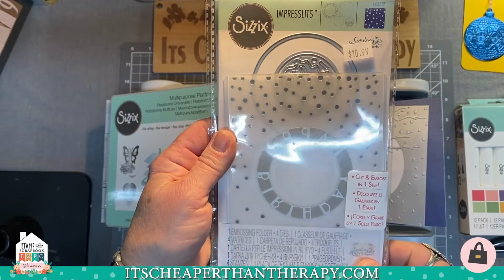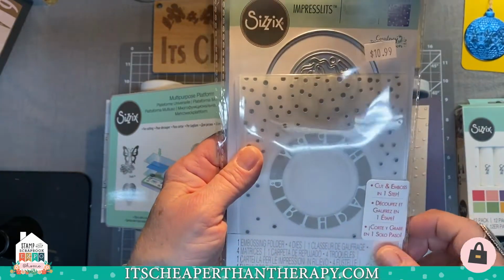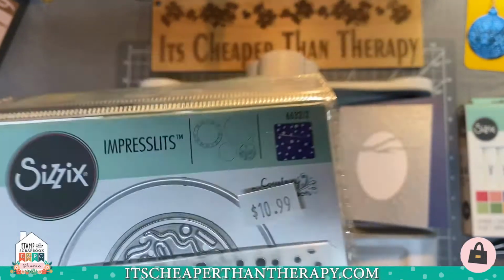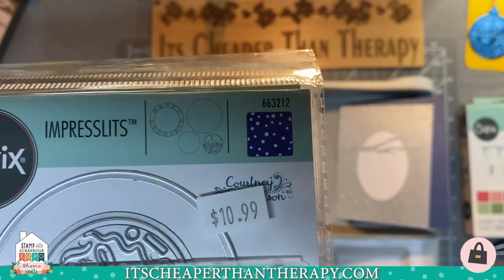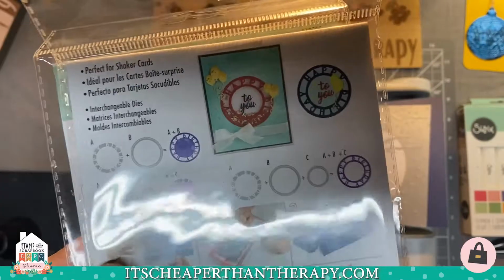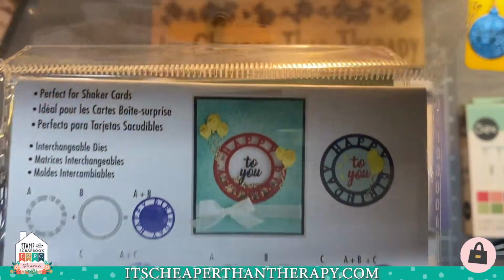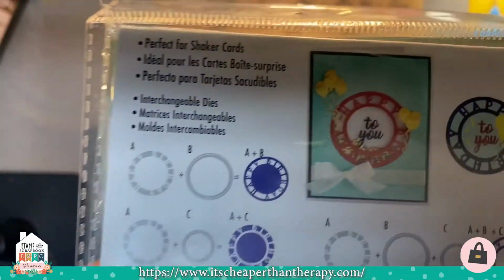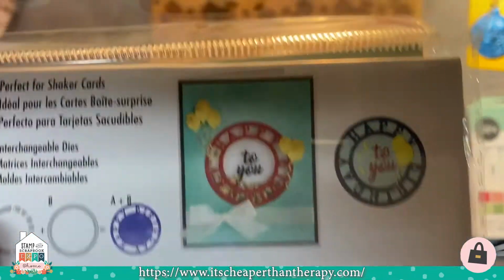And then this one here is called Sweet Friend. And so it has a happy birthday and these different dies in here. And it does show up in the corner of all the different dies and everything that you get. So these are your dies that come in there. And so they also have coordinating dies. So it's not just the die that's inside of the embossing folder, there's coordinating ones. So here you can actually mix and match all the different ones